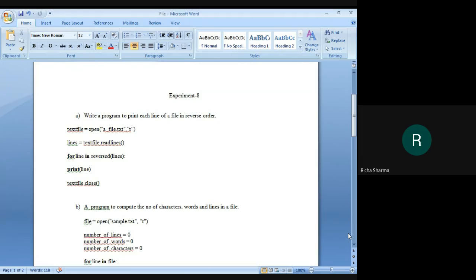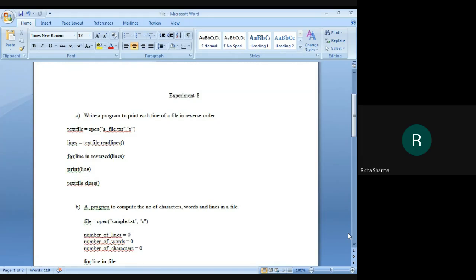In this case, we are opening the file named file.txt in reading mode using the open function as a stream. Now, in the next line, we will call the file.readlines function with this stream as file to return a list containing each line of the file. Here in this case our file name is text file, so we will use textfile.readlines. So what will this function do? This function will return a list containing each line of the file.